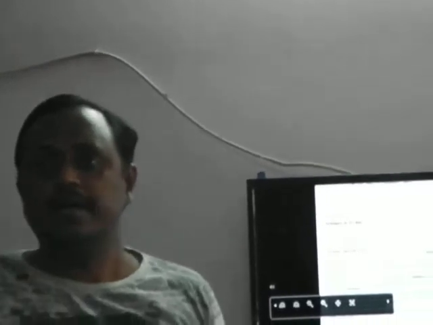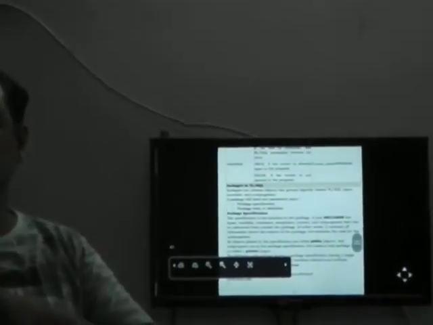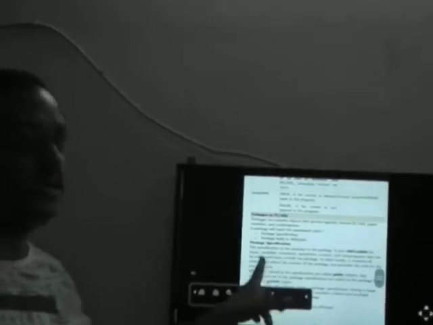Take the simple example from just before. I put things into my cupboard. If my cupboard is locked, that is private. If my cupboard is not locked and is open, everyone can come and take whichever they want, a charger, a watch, anything. That is called public. If I don't want to give to anyone, I simply lock it; lock is nothing but private. Here also it is the same. Private means I don't want to give access to anyone; the project is created by myself and I only use it. If I give access to everyone, that is called public.